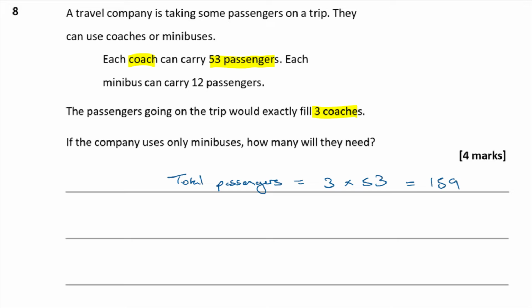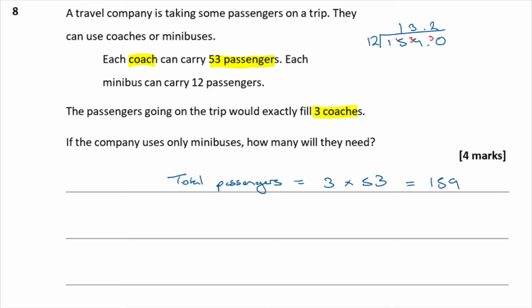Okay, now minibuses can carry 12 passengers. 12 into 159, seem to be doing heaps of division at the moment. 12 into 1 doesn't go, 12 into 15 goes once, remainder 3. 12's into 39 go 3 times, and that's remainder 3. But I haven't got any number to put it with, so I need to add an extra 0 so that I can then put the 3 next to it. And then 12's into 30, that goes 2 times,